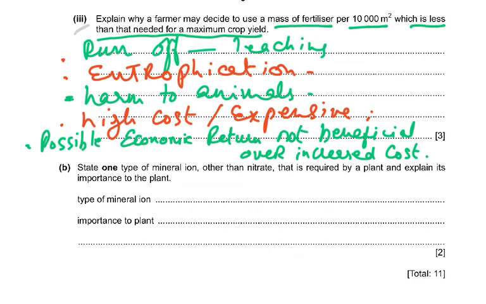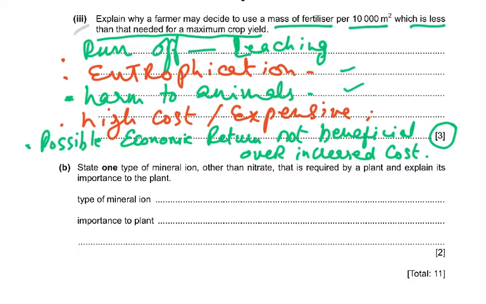So as you can see, I've written the points which were supposed to be given by you, and you can see there are 5 points, but there are only 3 marks. So runoff, or the nitrates are washed away by rain, which is called leaching. Now the word is leaching. You must know these technical words. And this will result in eutrophication, or you could have explained the process of eutrophication, even then you got a mark for that.